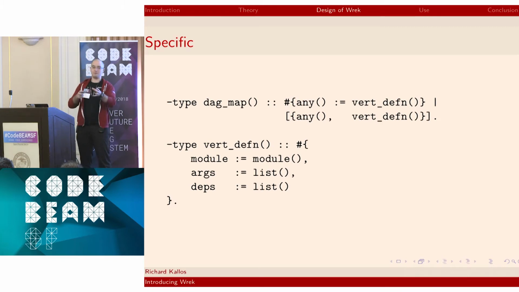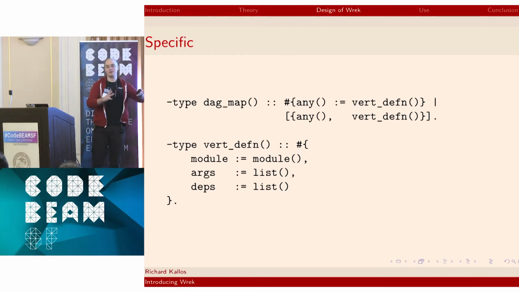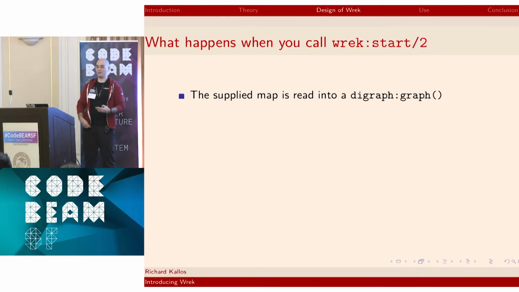And when you want to put everything together in a graph, you have something resembling an adjacency list representation, where you have a map where the keys are arbitrary terms which name your vertices, and then the values are maps with these 3 keys defined, which is the module, the name of your callback, the arguments that you want to pass into it, and then the dependencies, the proper names of all of the other vertices that it may depend on. So this is just your standard fare adjacency list representation of a graph. And when you start your graph,